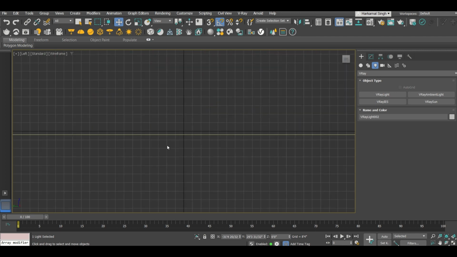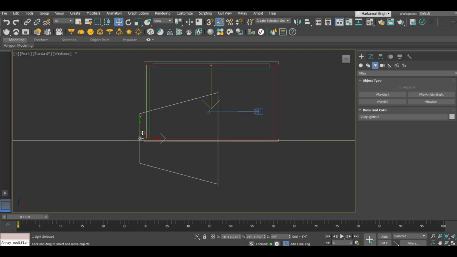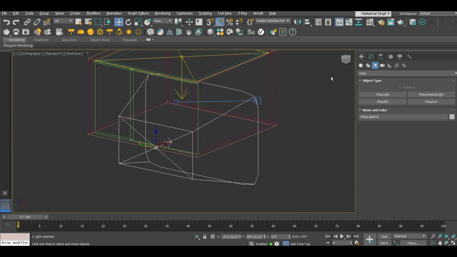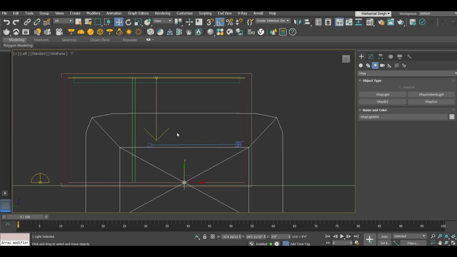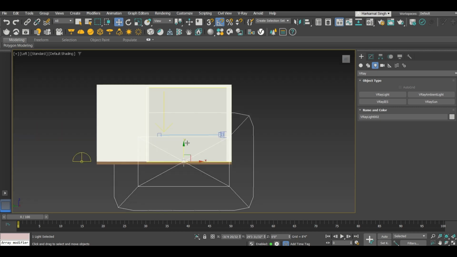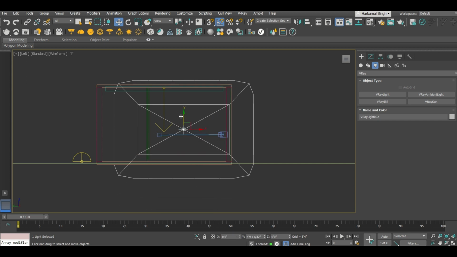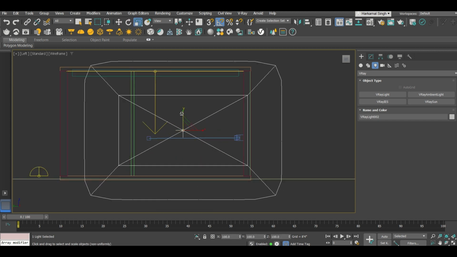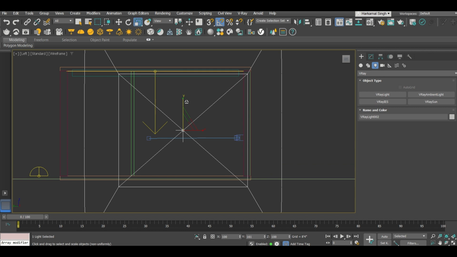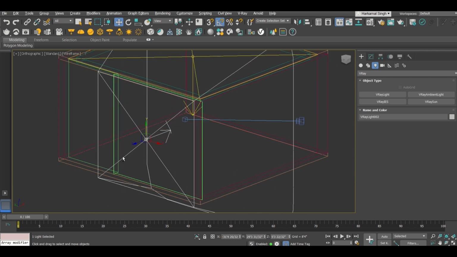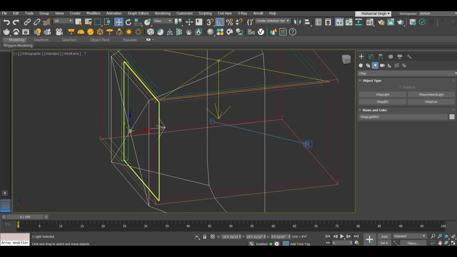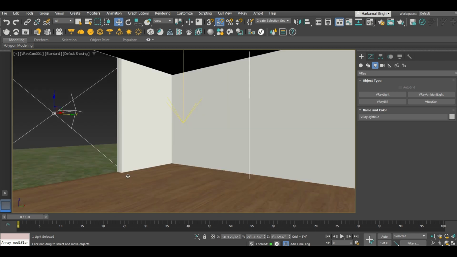From left view, things are not visible. The left view, we'll be able to see this thing. Okay, change the size of this light and set it same as the size of your opening, right? So going to the camera view,